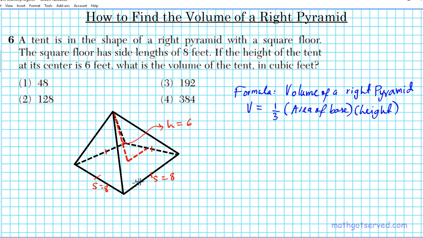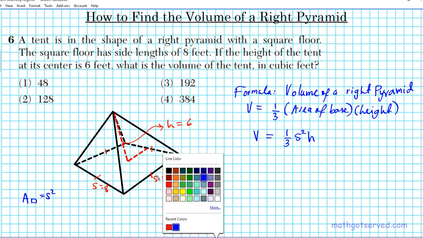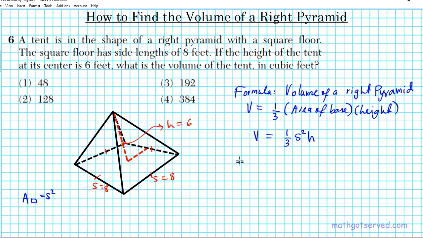The base is a square. So what is the formula for the area of a square? The formula for the area of a square is simply S squared, correct? So we're going to put that in here. So our formula becomes V equals 1/3 the area of the base, which is S squared, multiplied by the height H. From the information that we're given, we know that S is 8, H is 6, and volume is what